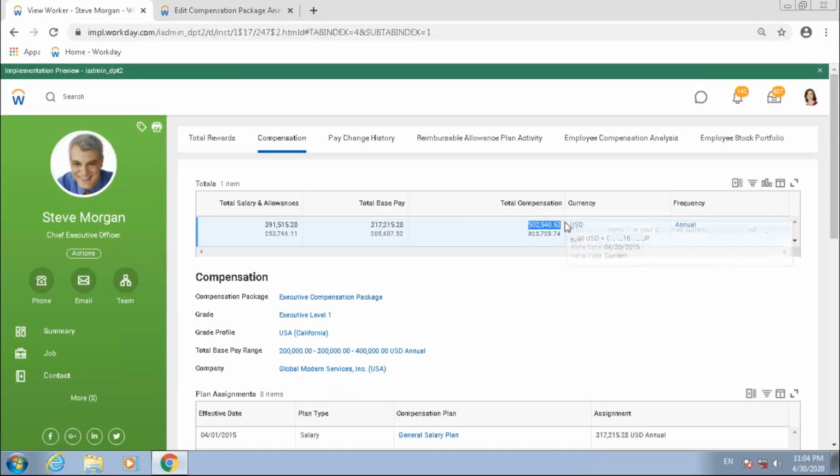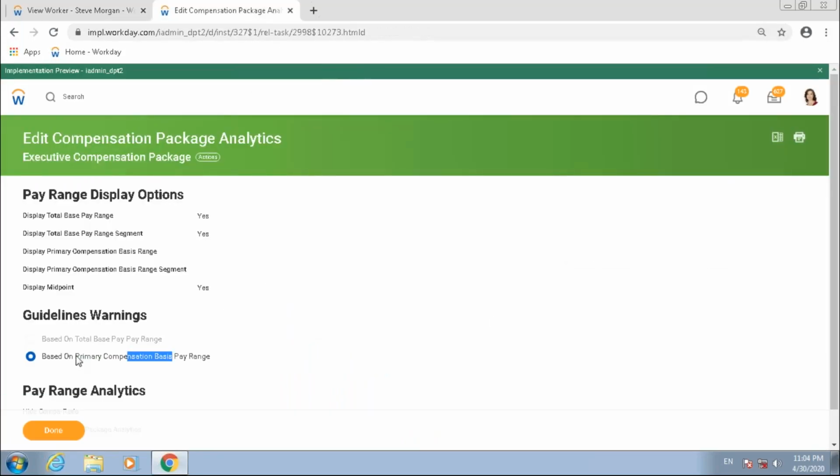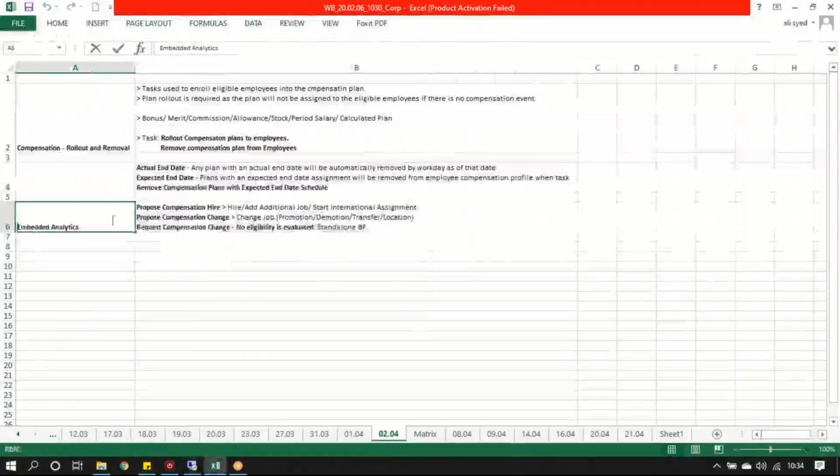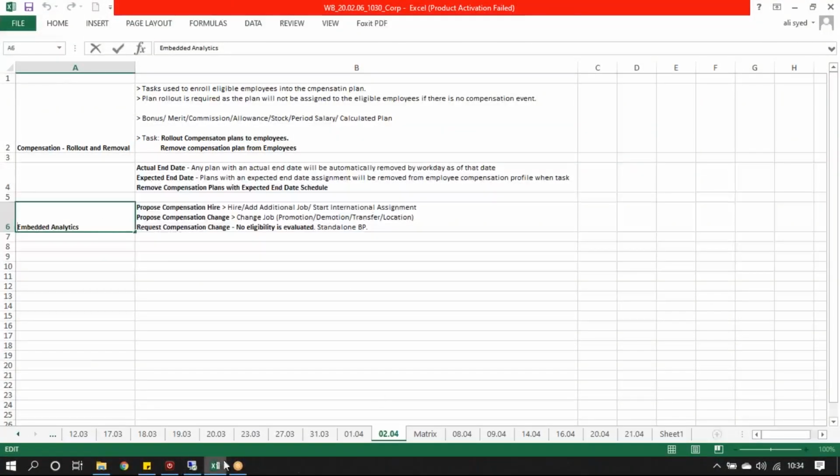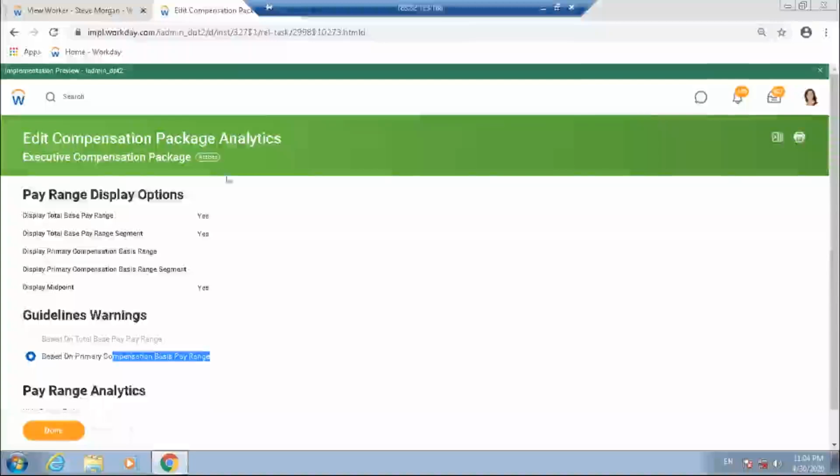But then his total compensation is outside the range. So I can display warning messages based on the total base pay range or the primary compensation basis range, right? So I can design or display a number of analytics based on the compensation package of the worker,